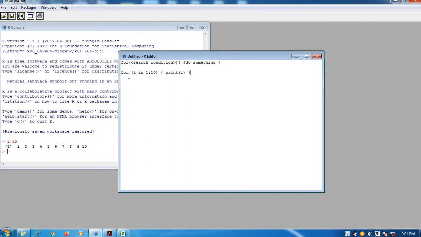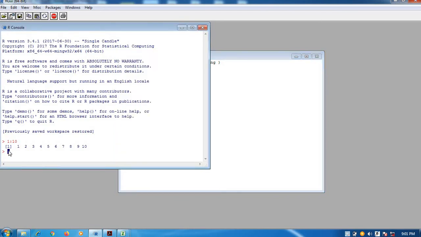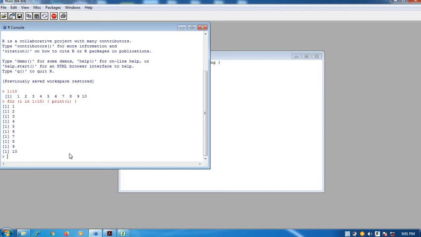Now I am copying and pasting this for statement. As opposed to C, C++ and Java, here we don't use an equal to sign to assign values to a variable. I is used as the variable in which you get different values, and now you are printing. Just check what happens. What is the output? In I, what is the first value? 1. So you are printing I. 1 is printed, 2 is printed, till 10 is printed. I hope you have understood it.